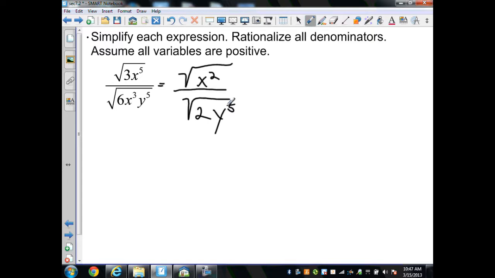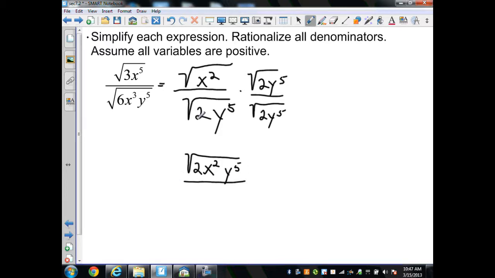Now I need to rationalize to eliminate the radical in the denominator. To do that, since it's a square root, I just multiply the top and bottom by that radical in the denominator, which is the square root of 2y to the 5th over the square root of 2y to the 5th. Multiplying the numerators across is going to give me the square root of 2x squared y to the 5th